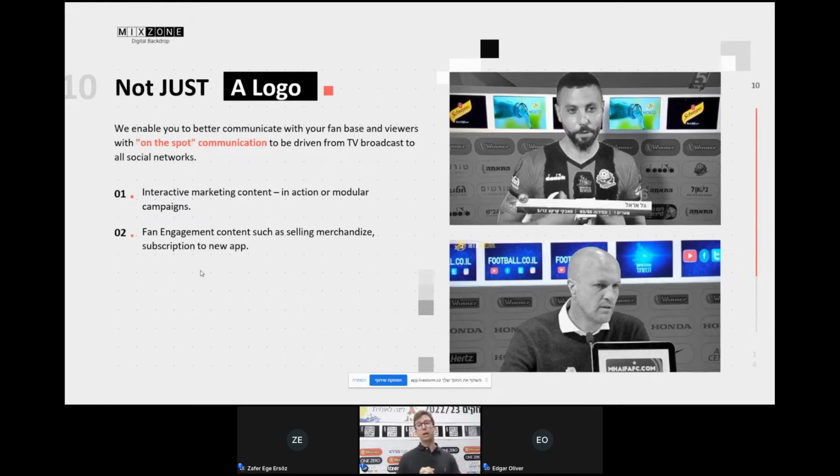And modular campaigns, we are talking about the chance for brands to change the content weekly or even daily, and then react to what's going on in the market. Also, clubs during the season can sell tickets, sell merchandise, and engage with the fans. And I think storytelling is everything nowadays. You can see, our solution is just made for that.